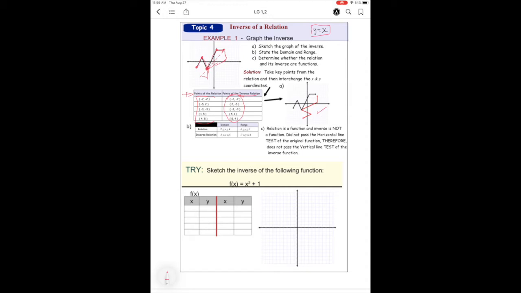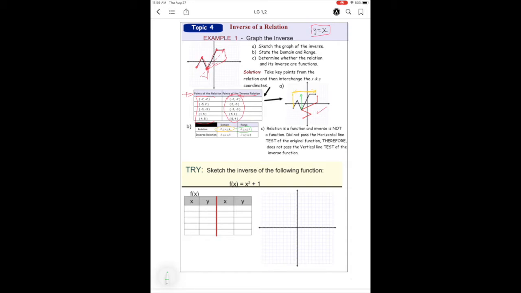Okay, to do the domain and the range, we just have to get the parameters. If we look at the original function, the domain here is going from there all the way to there. So that's how I got -7 and 4. And if I'm doing the range of that, remember the range is the highest and lowest. So there's the lowest point and there's the highest point right about there. And so I know that's going from -3